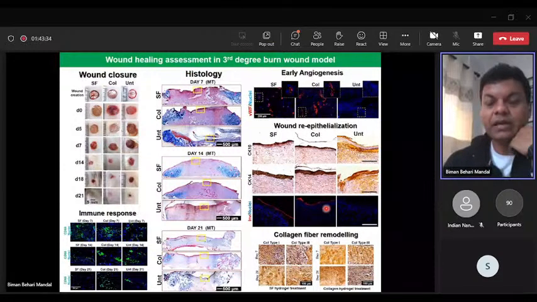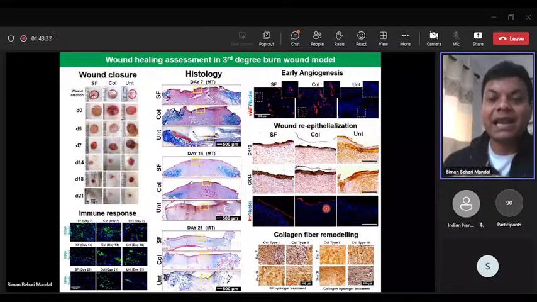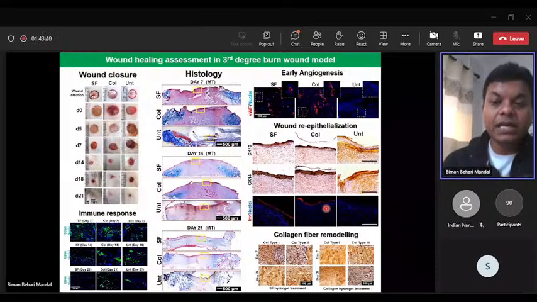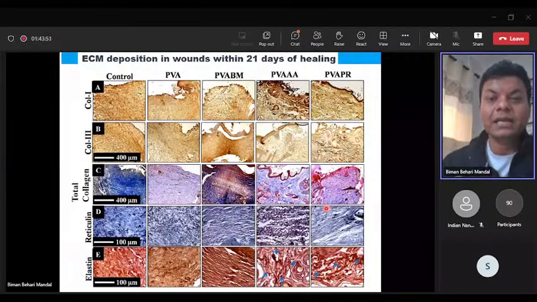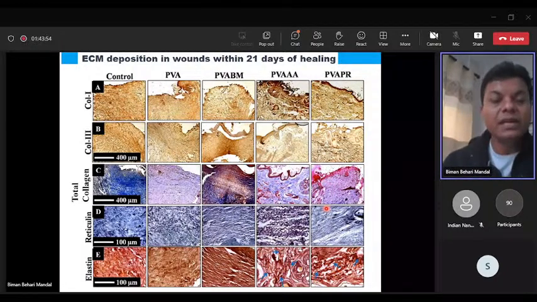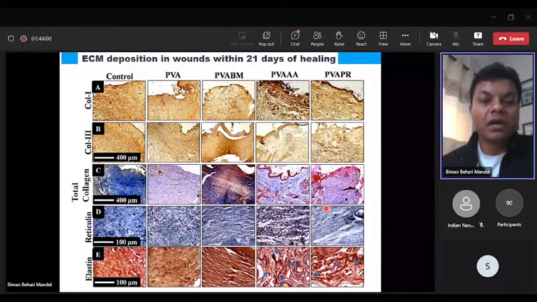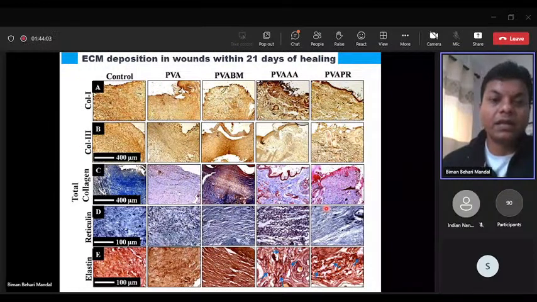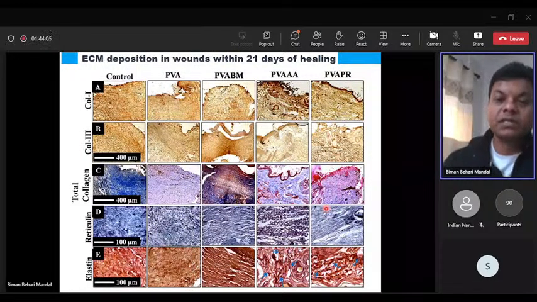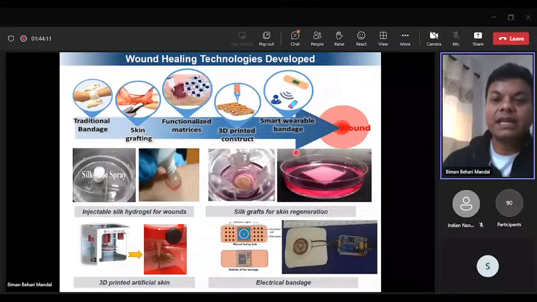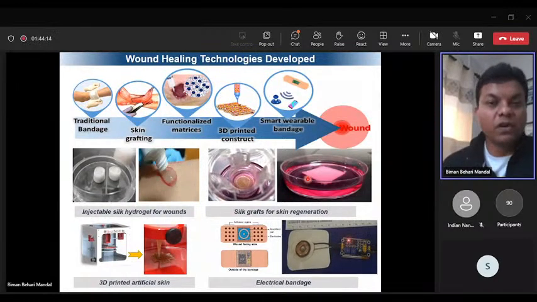I'm not going into the technical part, but it allows the skin to heal very fast. It develops coloration and appendages, in terms of skin follicles and hairs. Most importantly, it is a scarless healing. So there is no scarring, even if the wound size is big, in diabetic foot ulcers and in normal cutaneous wounds also. We have done the animal studies, and we have found that this method and technology really helps in recreating the skin back. Also, as I said, we have a 3D printed skin that we are working on,